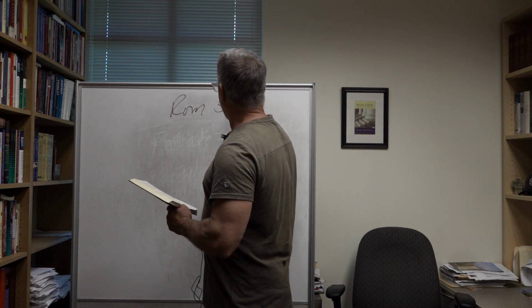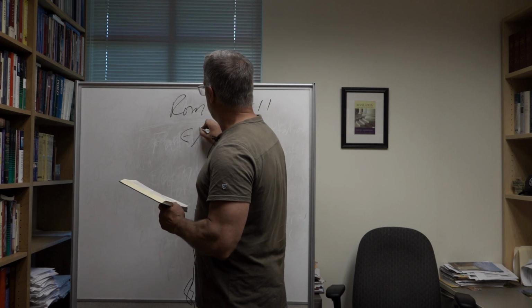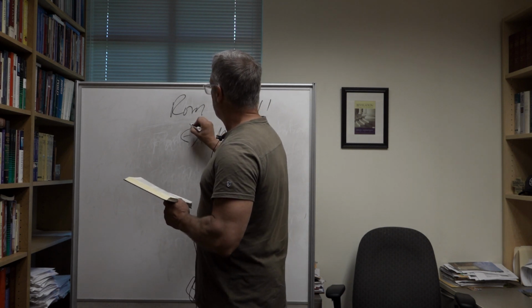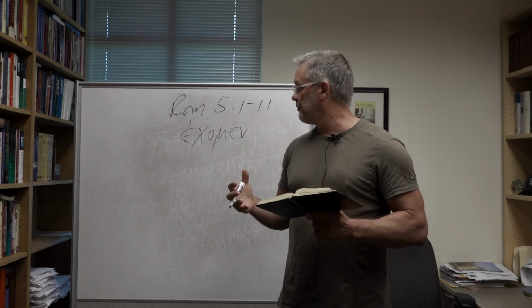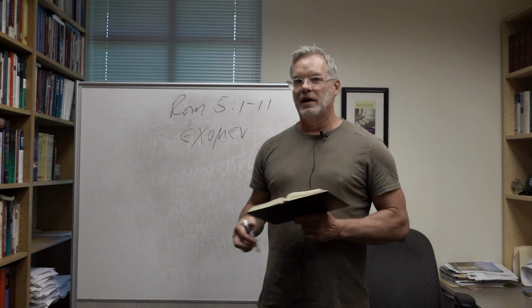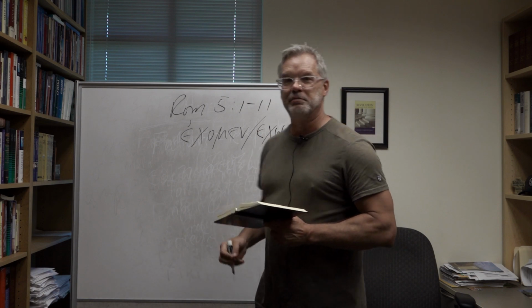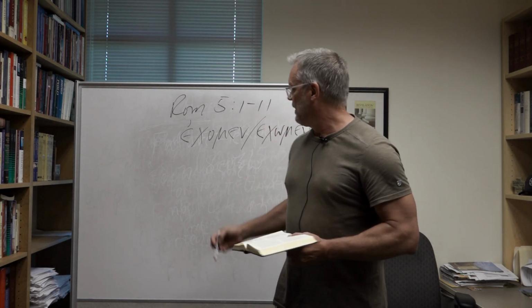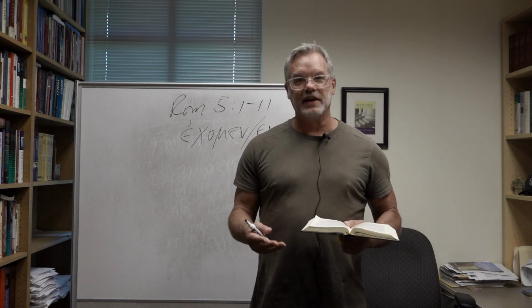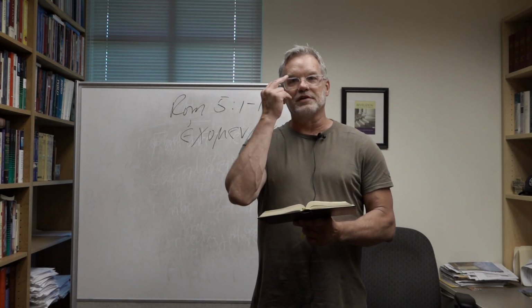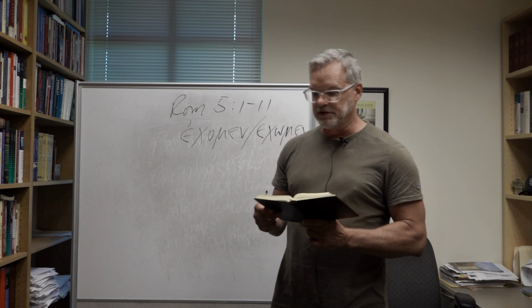So this is Romans 5, 1 through 11. The first verb that you come across is an indicative, a present tense indicative verb. Some manuscripts actually have a subjunctive, which I actually prefer and think is the correct reading, but that's not the point now. The point is you have a present tense verb. Again, you can't help but notice the change from the aorist tense that dominates much of chapter 4, and now all of a sudden you have a present tense. Having been justified by faith, we have, or let us have, peace with God through our Lord Jesus Christ, through